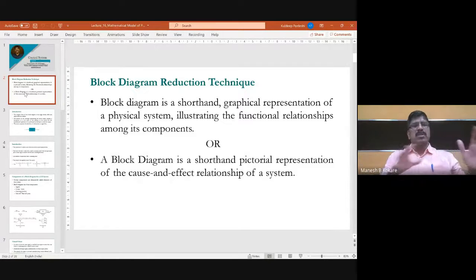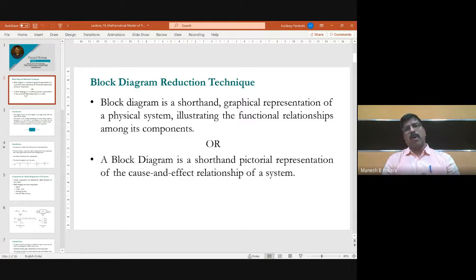All right, so this is the block diagram of this system. All those blocks are interconnected to each other. The output of one block is given as an input to the second, and the output of the second block is given as an input to the third, and so on. So there is interdependency. Now, we'd like to find out the overall transfer function of a complicated system by using the block diagram.